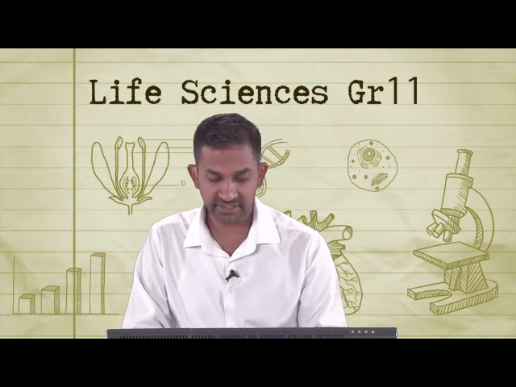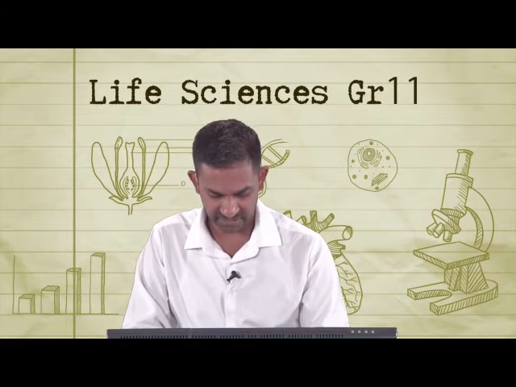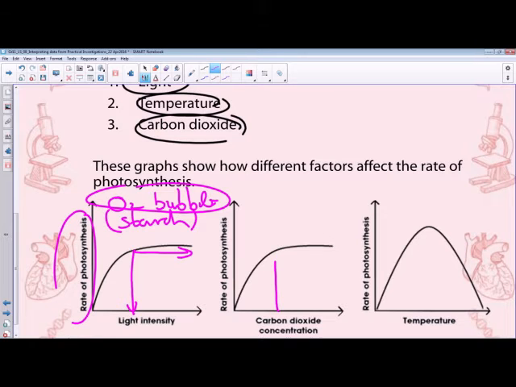The second factor that influences the rate of photosynthesis is the carbon dioxide concentration. Again, as carbon dioxide concentration increases, it increases the rate of photosynthesis. After a specific point, any further increase in carbon dioxide means that the rate of photosynthesis remains optimal and will not change. And the third factor, which is temperature, we know that as temperature increases, the rate of photosynthesis increases,